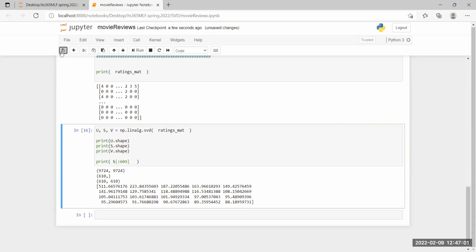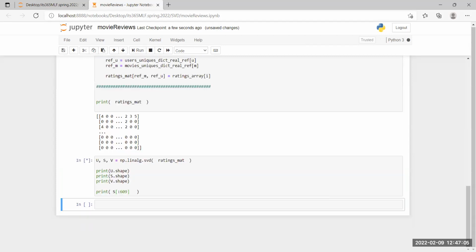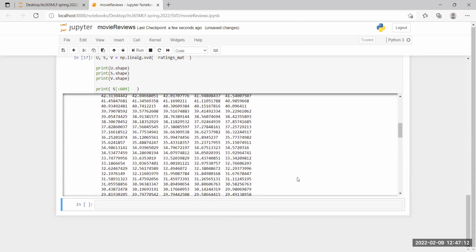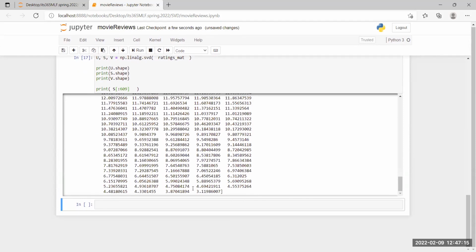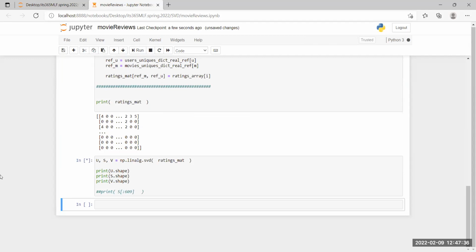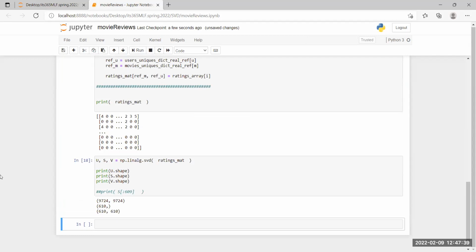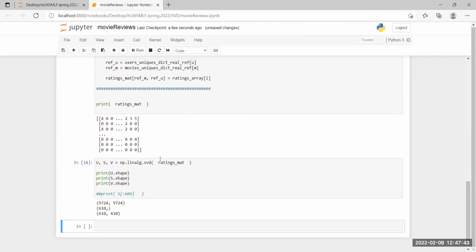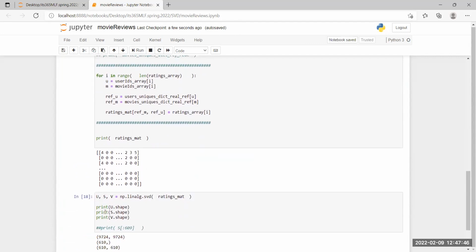So now I'm going to do. And if we look at all the data, towards the end, these components of the produced matrices are not as useful. Okay, so that's kind of the intuition there. So let's go ahead and comment this out now. So now what remains is, as I said, we can do some improvements, like normalizing the data, etc. Those are always recommended steps. But so you basically have what you wanted, right? So you have the ratings data, and now you're able to decompose it into these three, U,